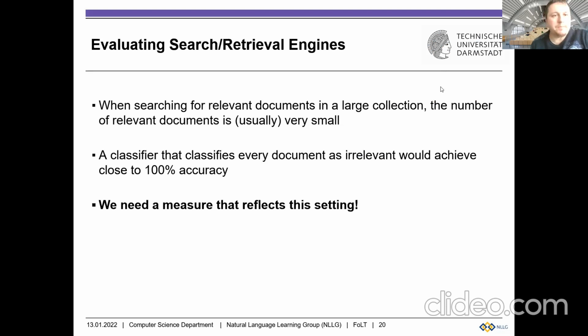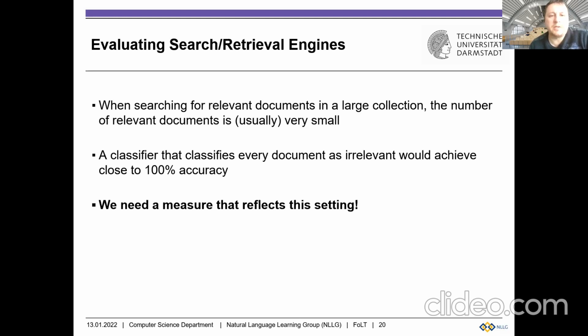All right, so let's think about an evaluation metric that is not susceptible to this problem of an imbalanced corpus and misleadingly high accuracy, or misleadingly high score on an imbalanced corpus. And to find a good evaluation metric, we look to the search engine or to the retrieval community because they have similar problems of imbalancedness, and they have developed a couple of measures, and we'll look into those.